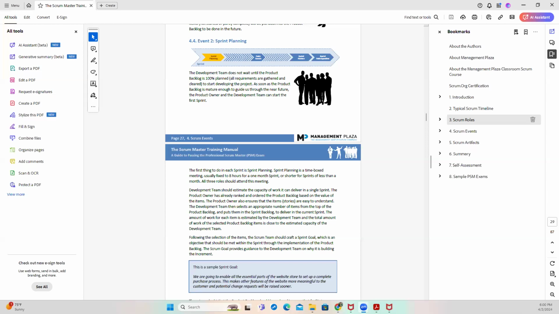Now, somebody thinks that in sprint planning you all just sit down and spend all 8 hours at once. No, it can be divided. In a 2-week sprint, you can use 2 hours this week and 2 hours next week for sprint planning.